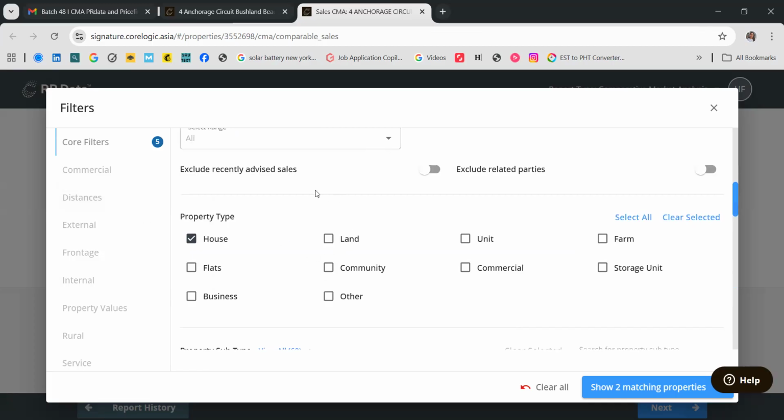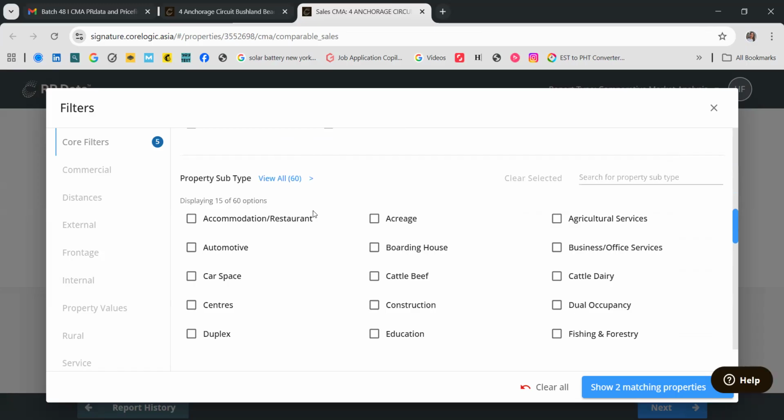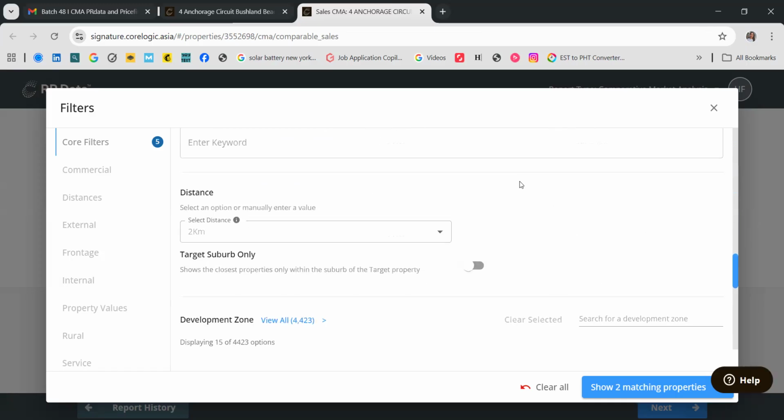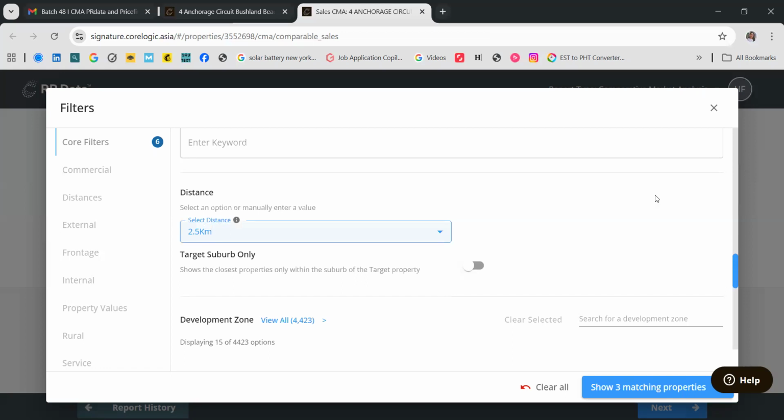Let's go to the property type. The property type is a house. Then for the property subtype, let's just ignore this one first. And then for the distance, you can try to search from 5 kilometers, 10 kilometers. But for this, let me just choose the 2.5 kilometer distance.